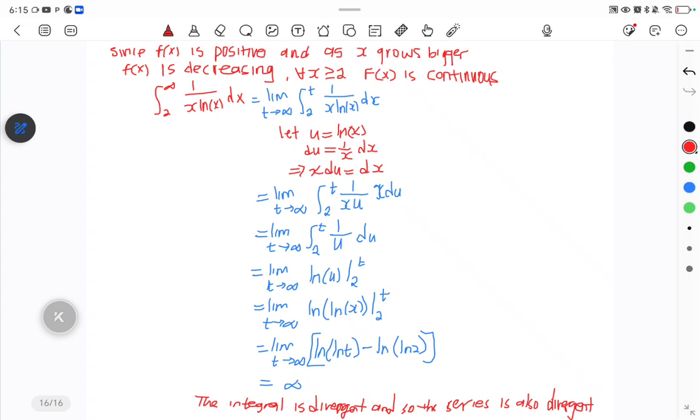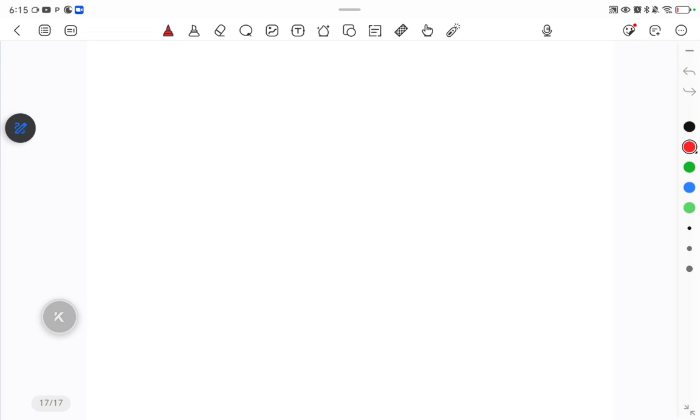Any question? So if there's no question, then we can start solving this. And now we come to the second one. Now we're given,